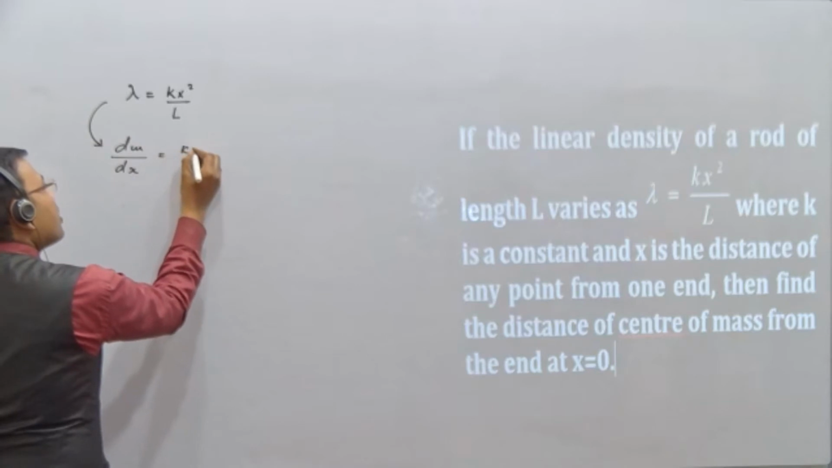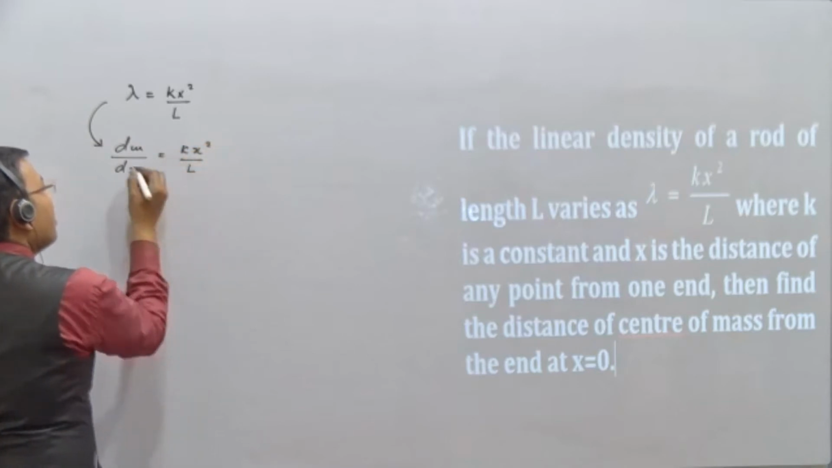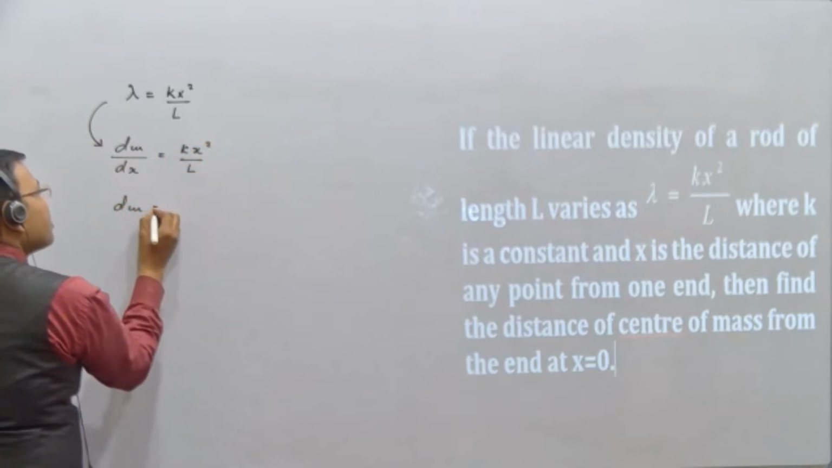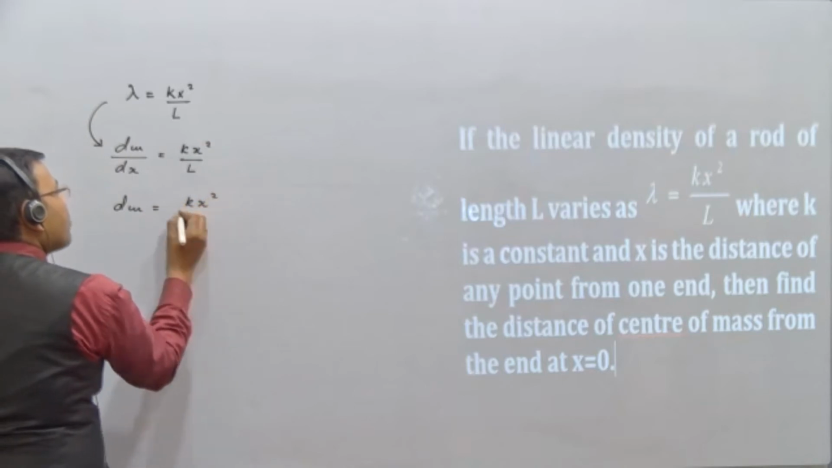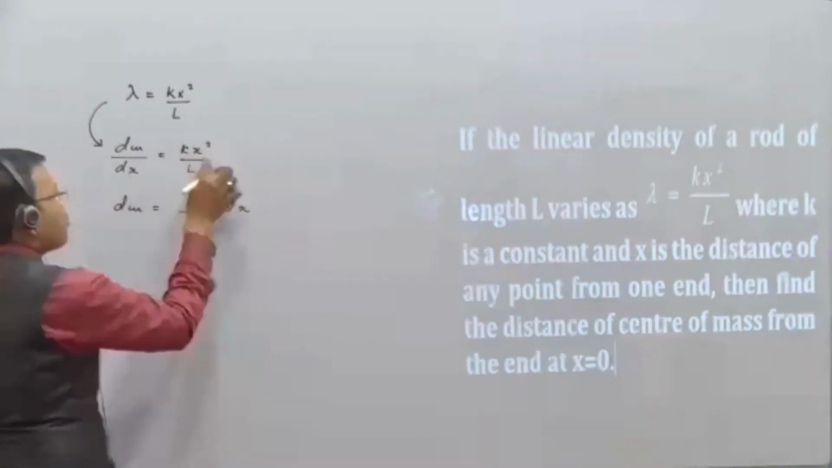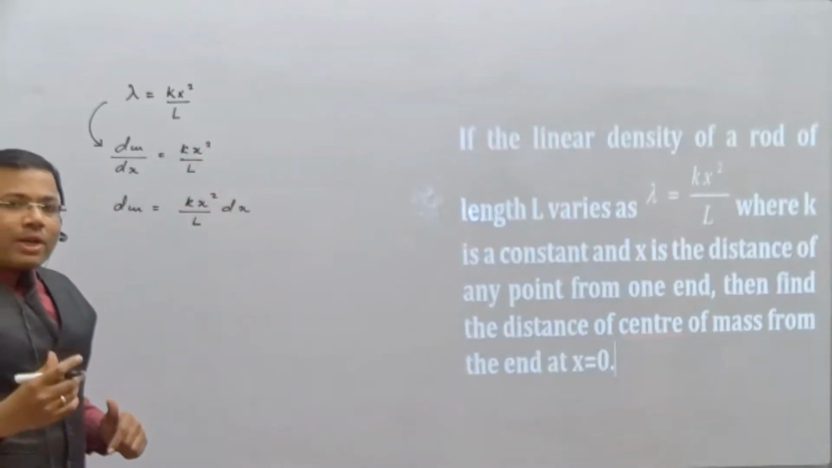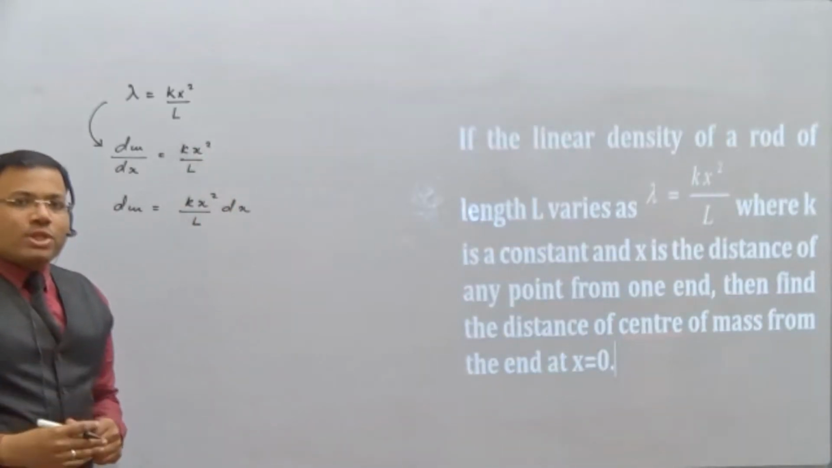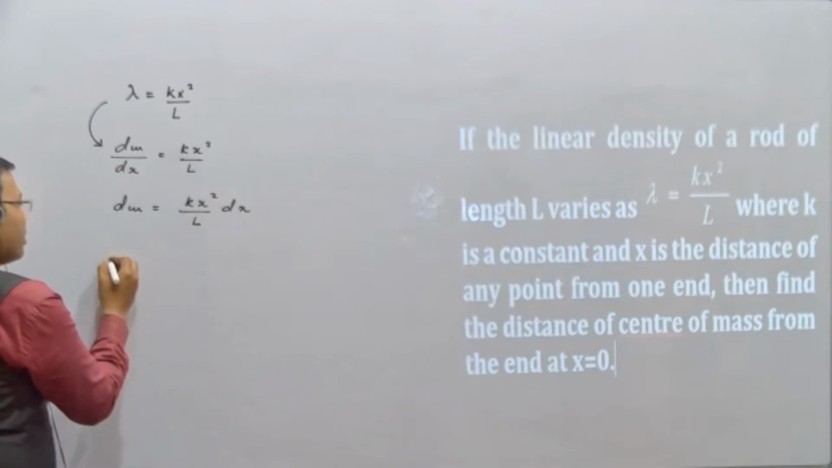So this is kx square by L. Then what is this dm? dm is equal to kx square by L, cross multiplying, dx. Now our aim is to calculate the position of the center of mass for the continuous rigid body. So the formula we can use here is